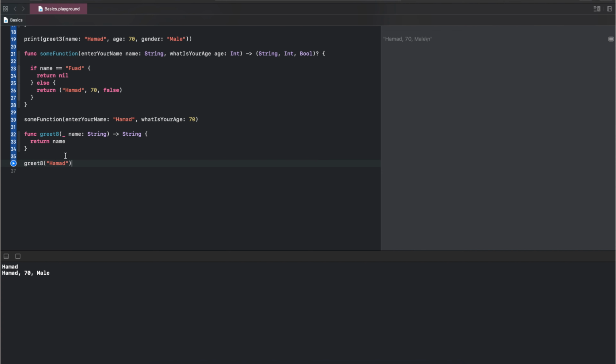Okay, now the name won't be visible. It depends on your case. The goal is to make your code readable for you and for other developers. All right,